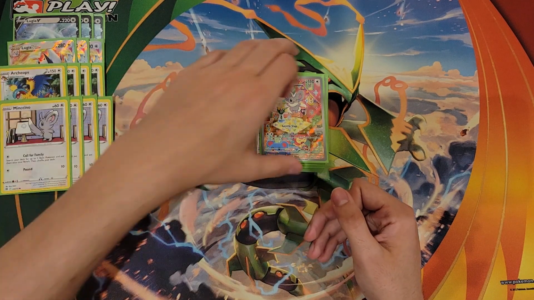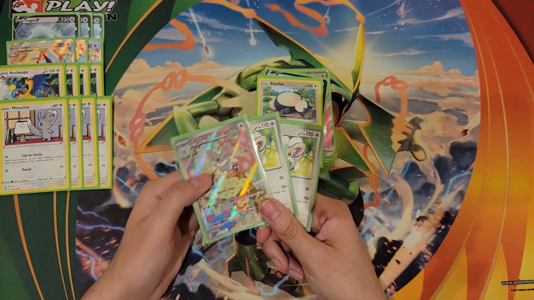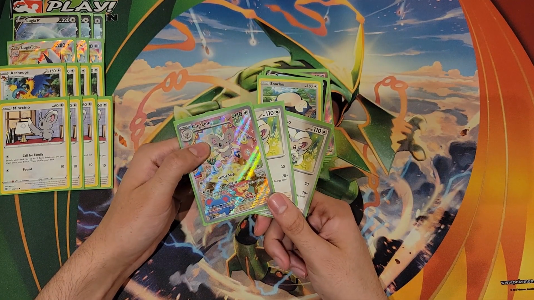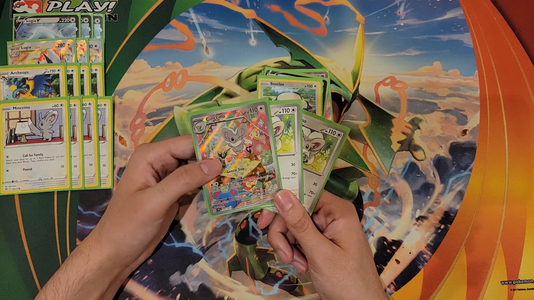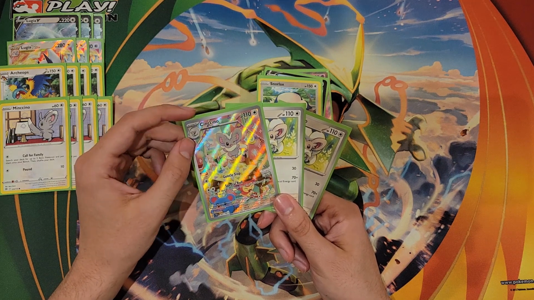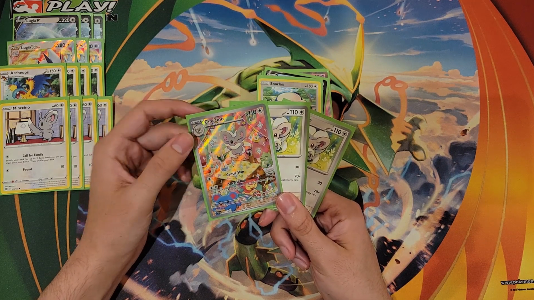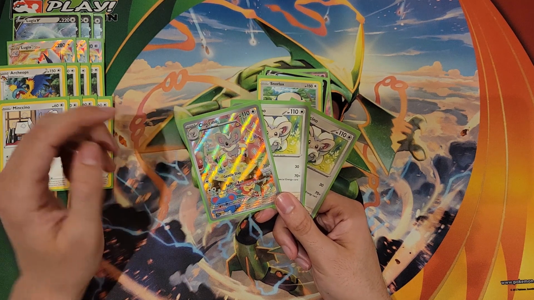But the main attacker is the Cinccino. We're playing 3 of these guys. They have the attack Special Roll for 2 colorless energy. It does 70 times the amount of special energy cards attached to this Pokemon. So cards is an important indication. It means Double Turbo does not count as 2 on this Pokemon. But we can still get as many as 5 on this in a single turn using Primal Turbo to 2,